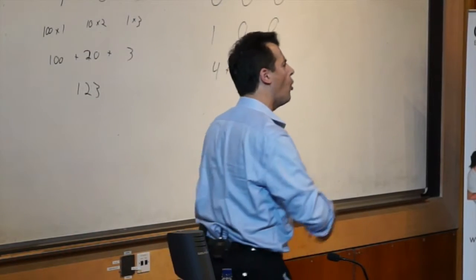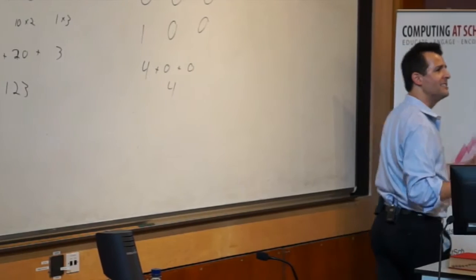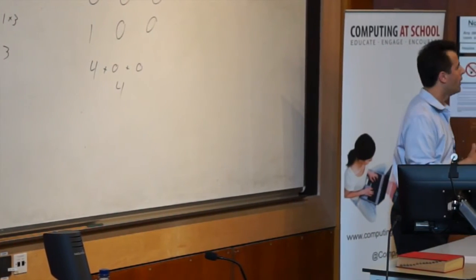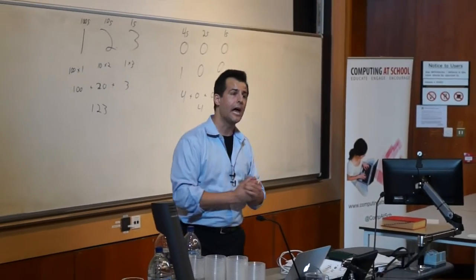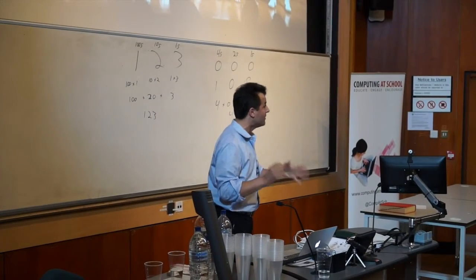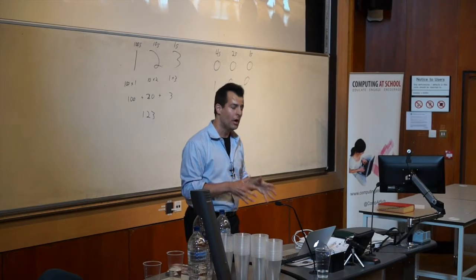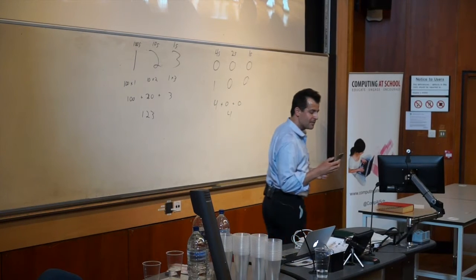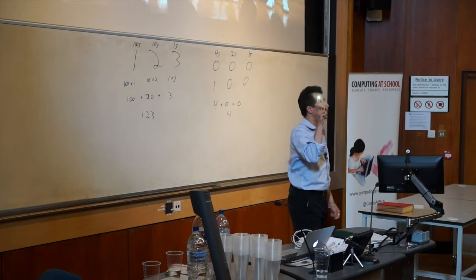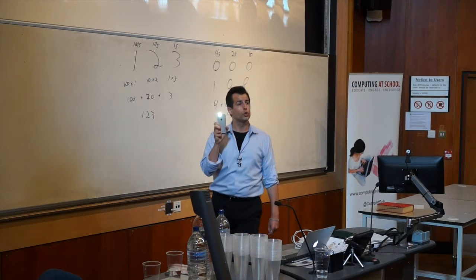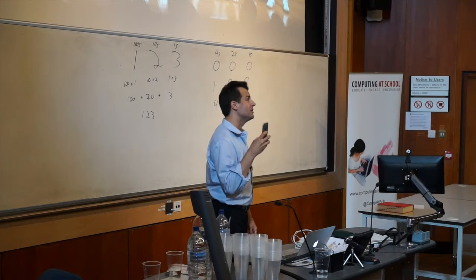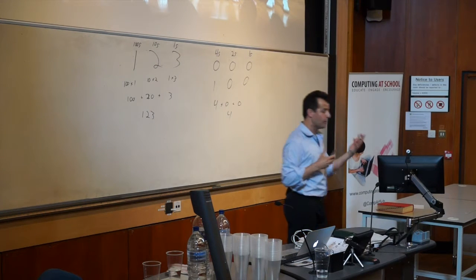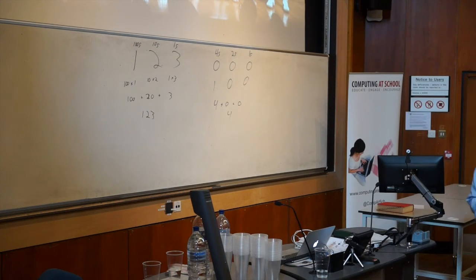Well, we point out that there's all these things inside of a computer called transistors, tiny little switches that we can turn on and off. And indeed, if they've ever heard of Intel or a CPU, which they might have, at least in the abstract, they might know that there's a lot of these little things inside of their computer. But each of those can just be thought of as something like this, like a little flashlight, whereby if I turn one of those switches on, I can represent a 1, and if I turn that switch off, I can represent a 0. And of course, if I have a second phone,